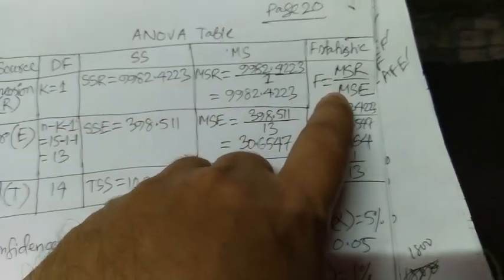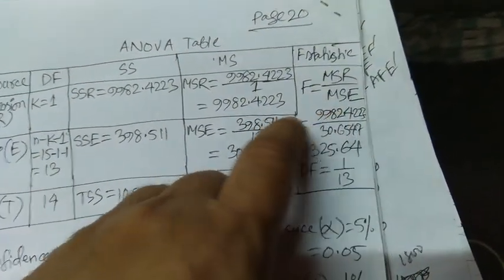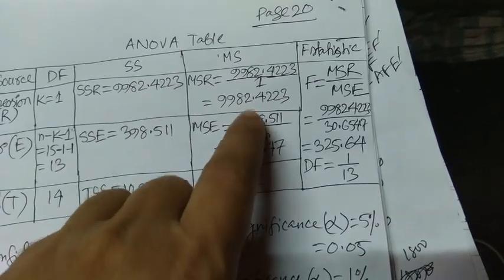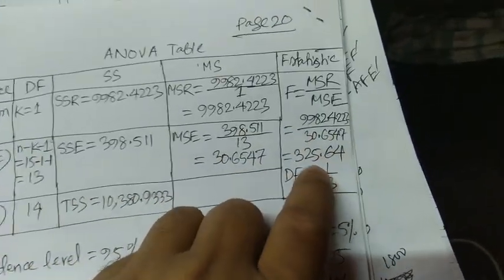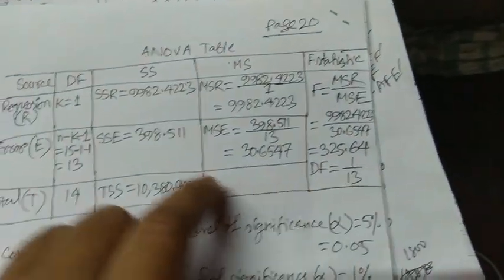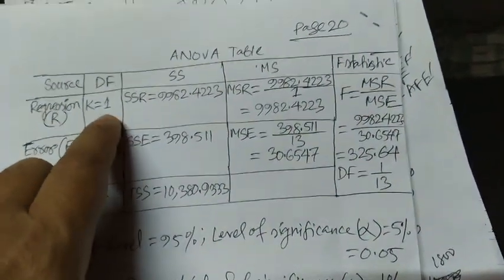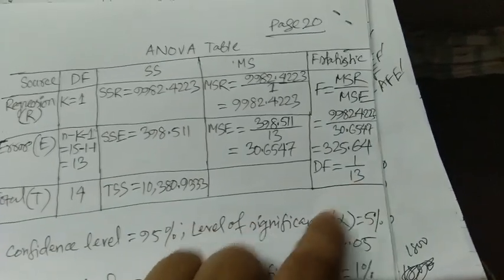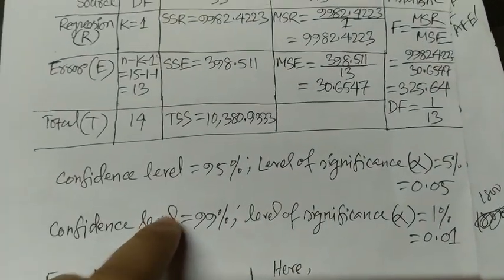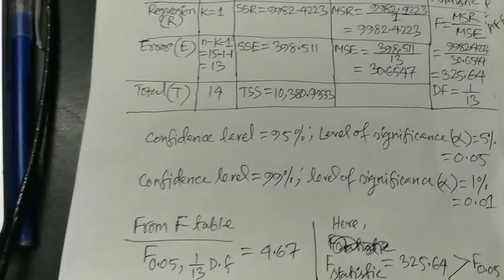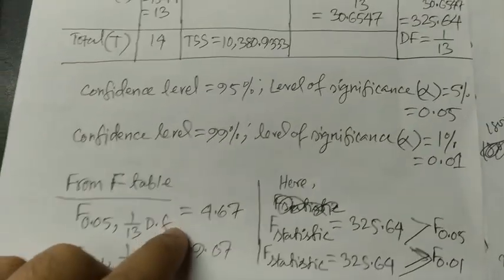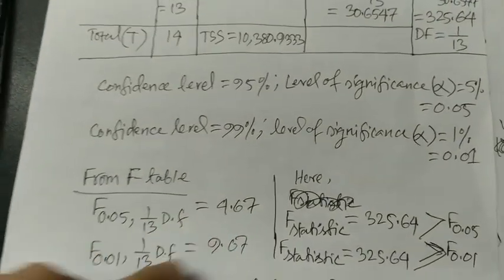Now F is MSR divided by MSE. So this one divided by this one. If you calculate it, this is the value. Since we are dividing this one by this one, degrees of freedom is 1 divided by 13. If you get the value from the F table,